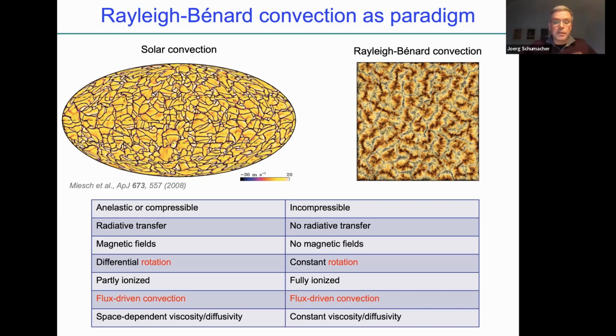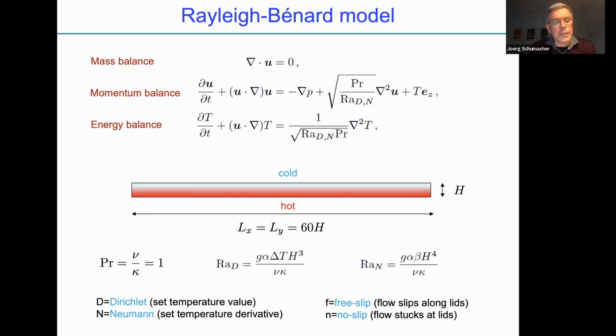But also the material parameters, as you can see, are chosen constant in our model. So it's an extremely strong simplification. Nevertheless, let's see if we can learn and understand something in this context